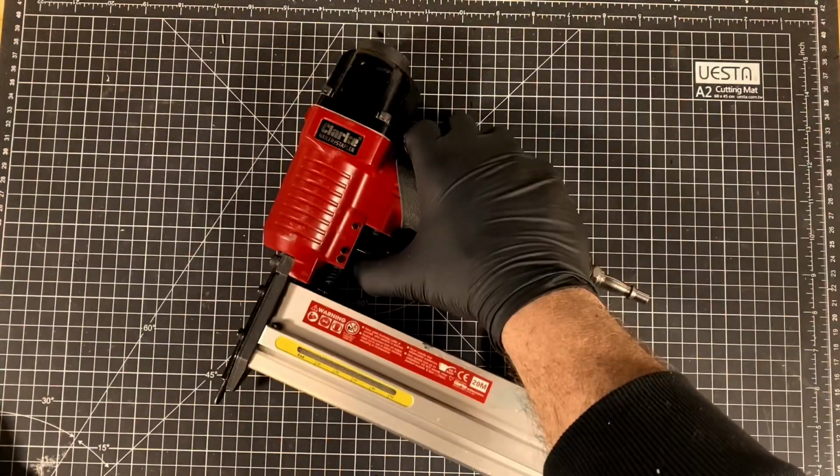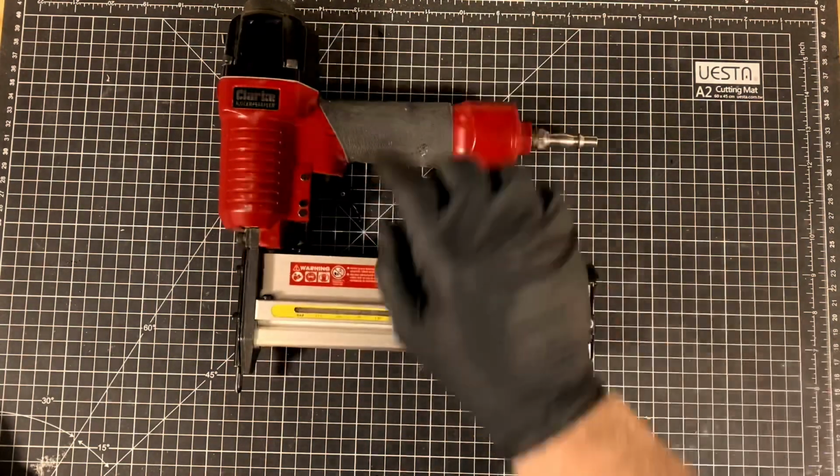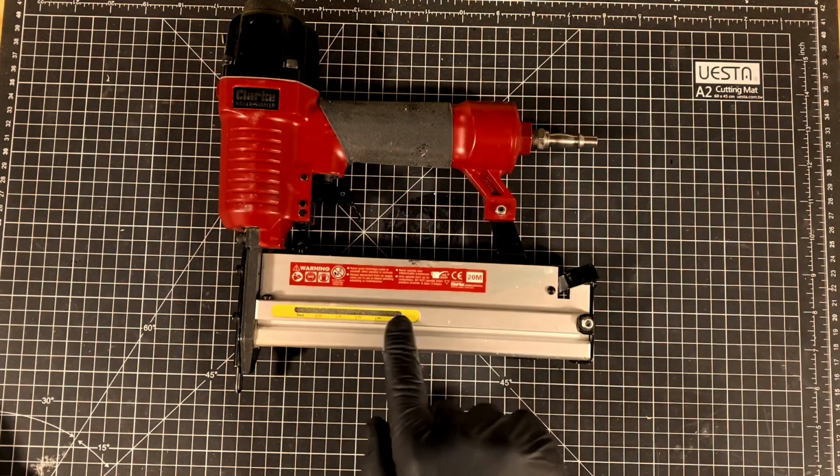I've used it for some trims on doors. I've used it for MDF inner skin walls on the walls in my shed extension, and plywood as well. It's never let me down. It's never jammed. The only time it can be a bit infuriating is when you're not looking